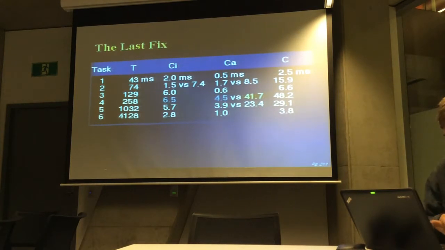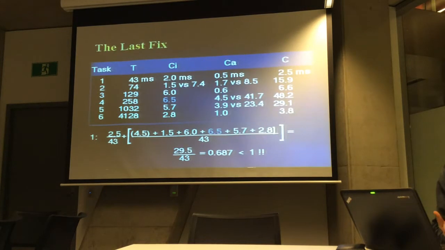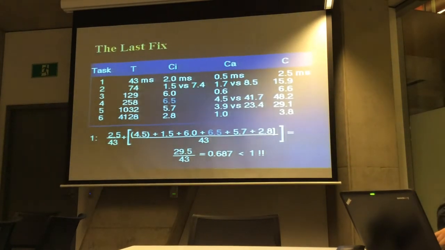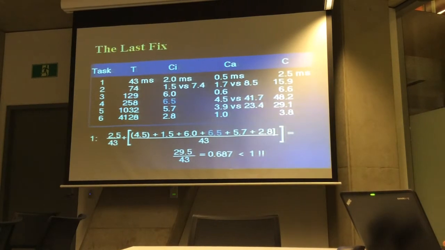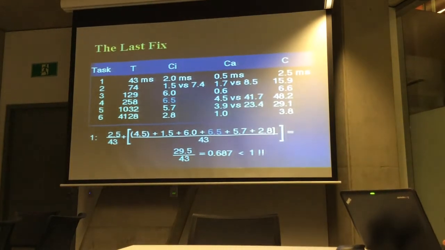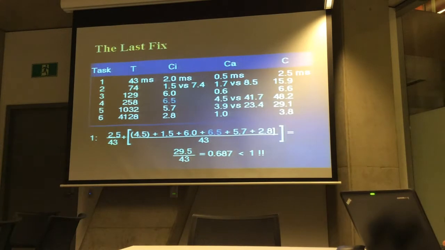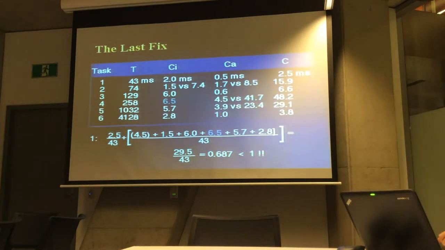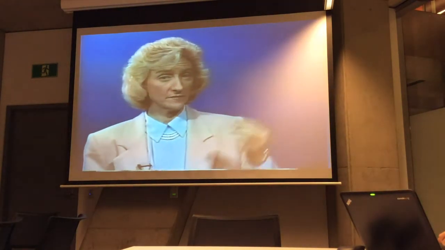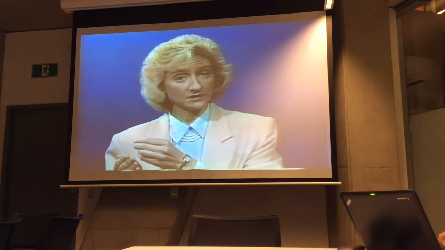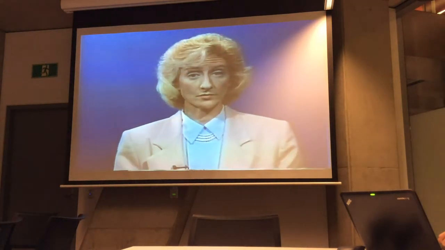What does this do to the schedulability of task 1 now? We had 44.5 over 43. It's now 29.5 over 43, which equals 0.687. And that is clearly well under the upper bound of 1. Success! They actually fixed the algorithm, so it only moved data once instead of twice. But just moving the processing from the interrupt handler into the application process was enough to conquer that last holdout